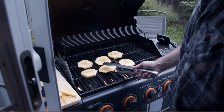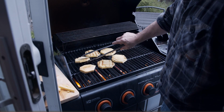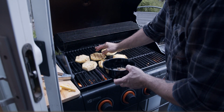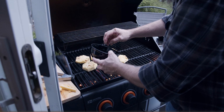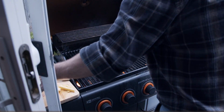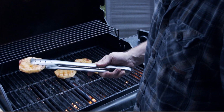Okay, now that you've had a little bit of time, turn your pieces of pineapple over. And what you're going to see on some of these is a very nice little piece of crosshatching. And what we'll do is we'll just add a little bit more sugar after I burn my hand. And the pineapple itself is sweet enough for this, but you know what? A little bit of extra caramelization and prettiness, why not? As you can see, my pineapple is absolutely gorgeous. So what I'm gonna do is meet you downstairs back in the bar, and we're gonna make ourselves a Grilled